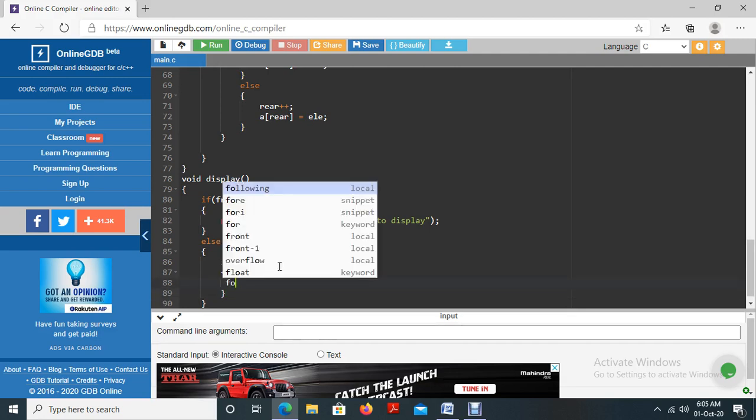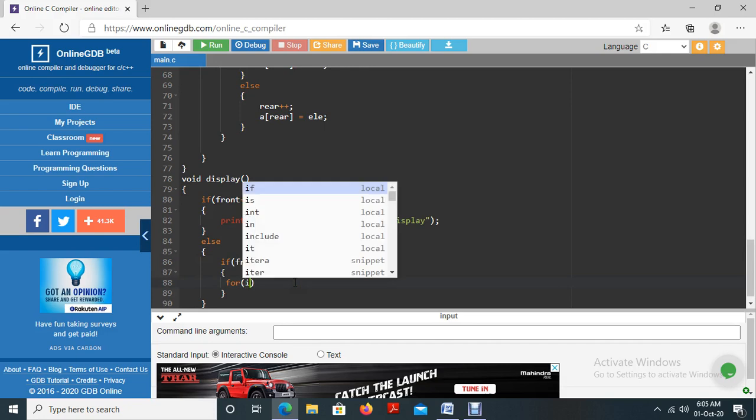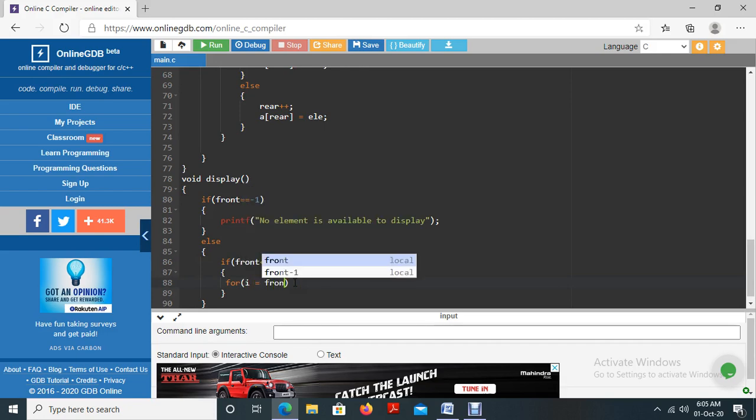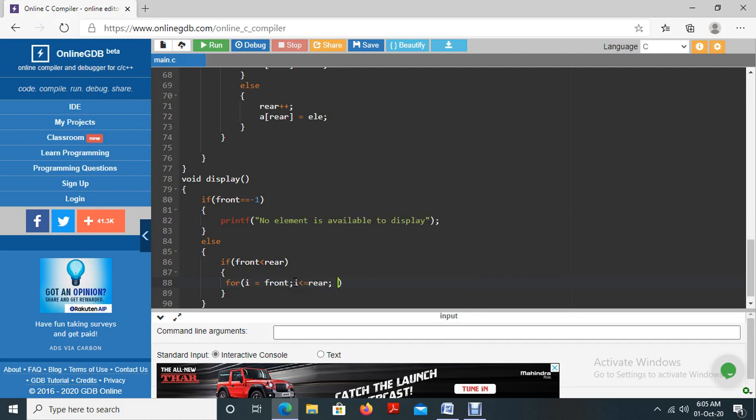That is a normal case, a normal program that you already completed. For i equal to front, i less than or equal to rear, then i plus plus.